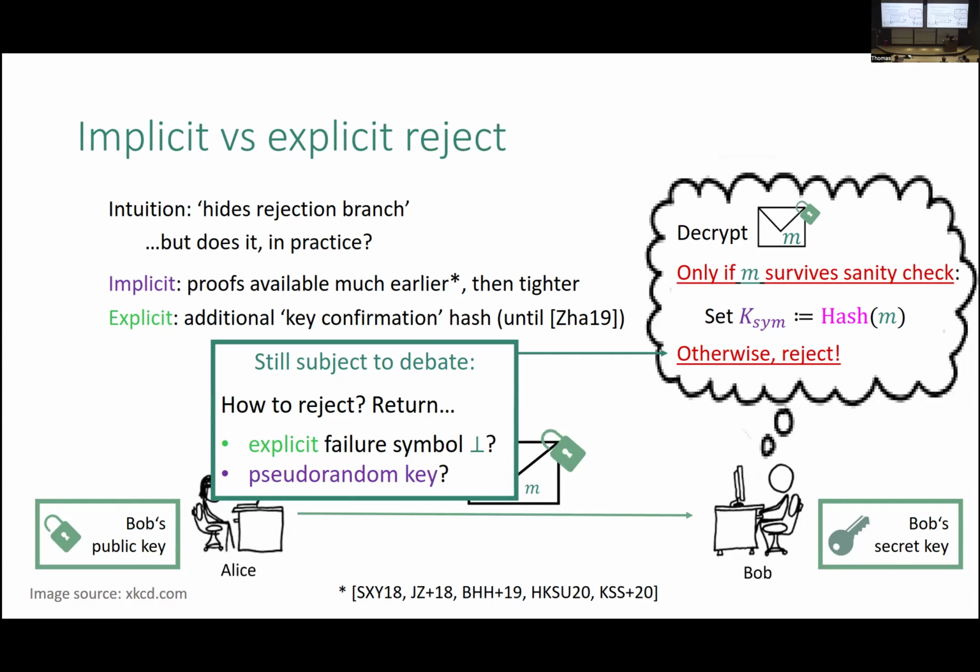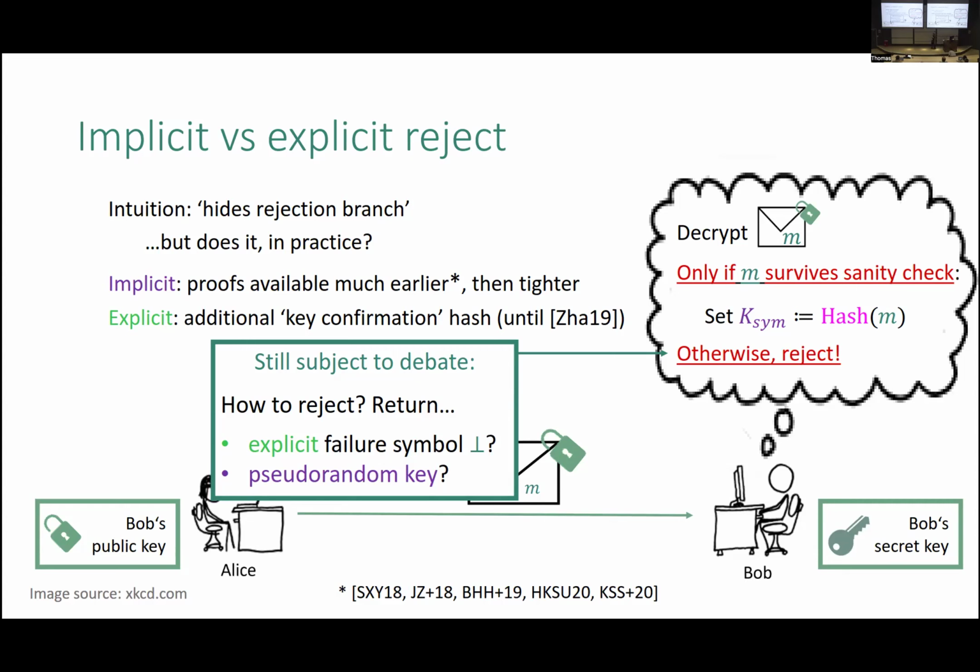So if we think about which variant to pick, there are multiple ways to look at it. The first one would be the practical intuition. You could say, if you do implicit rejection, you essentially hide from the attacker that you ran into the rejection branch. So this might add a layer of security. But then people who think about how these key encapsulation mechanisms are used in practice might counter that often these schemes will be used for an initial key agreement. Afterwards, people are doing some additional